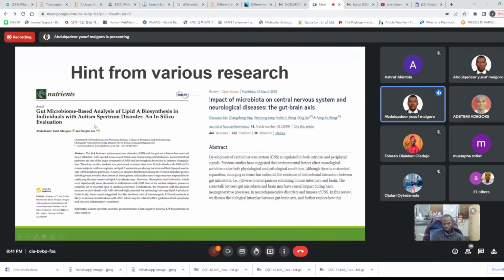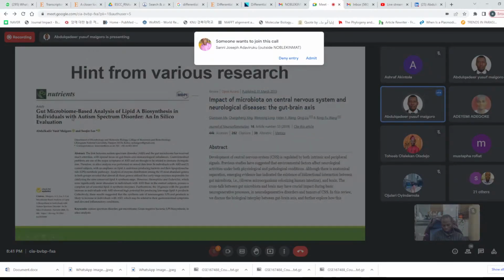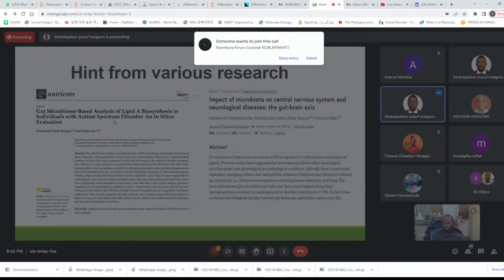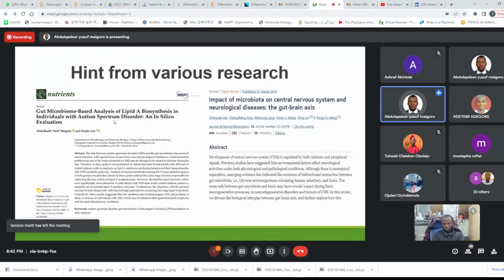Also, in one of the papers we published, we also work on this kind of elements. We realize that some bacteria in our gut, especially the gram-negative bacteria, have the potential of producing what we call endotoxin. This endotoxin is usually produced by those gram-negative bacteria, which have what we call LPS. And it travels through the vagus nerve to the brain and causes what we call neuronal inflammation in autism spectrum